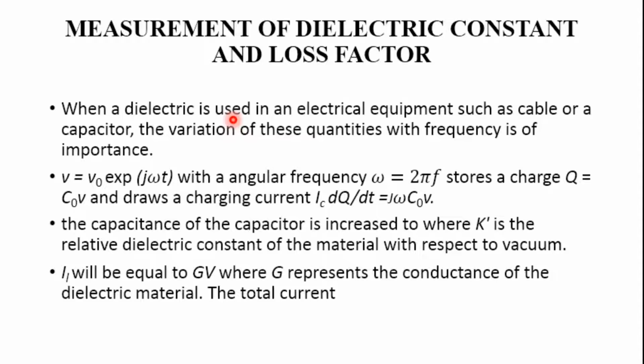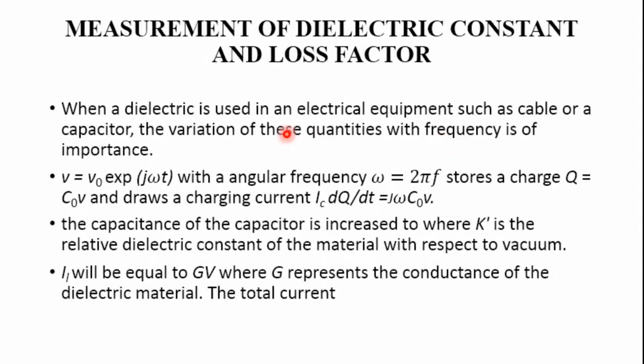So these two quantities, namely the dielectric constant and loss, depend upon the magnitude of the voltage stress and the frequency of the applied voltage. So when a dielectric is used in electrical equipment such as a cable or capacitor, the variation of these quantities with respect to frequency plays a very important role,